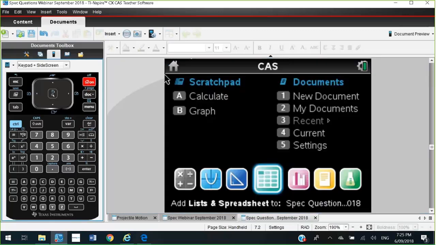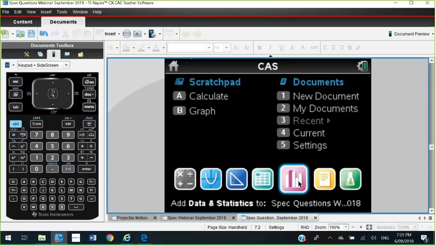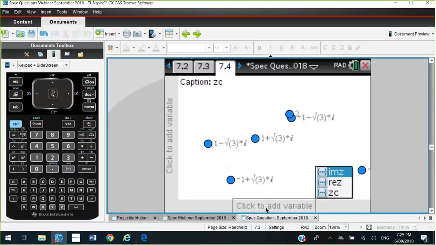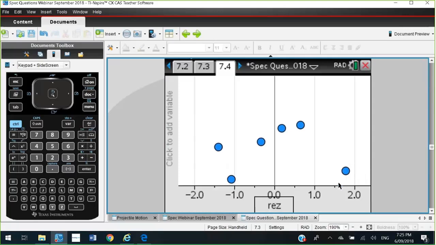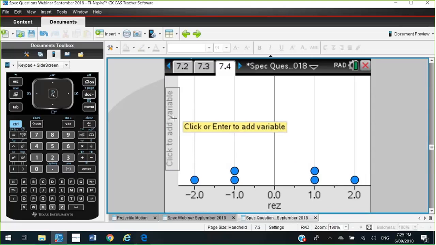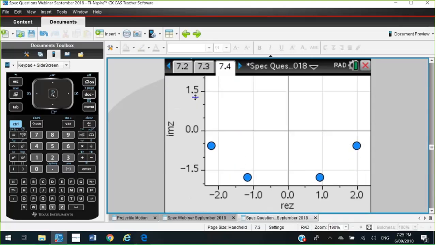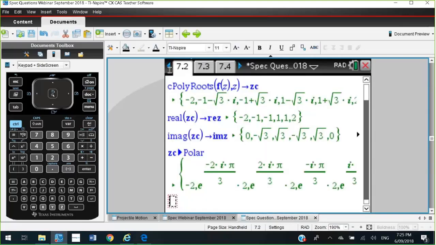So let's open up a scatter plot, and down the bottom we'll plot on the real axis the real parts, and click over on the horizontal axis over here, we're going to plot the imaginary parts. And there we'll see all 6 roots lying on a circle. We can actually verify it's a circle if we wanted to, but the nice thing about this one is that it's done in a notes page,